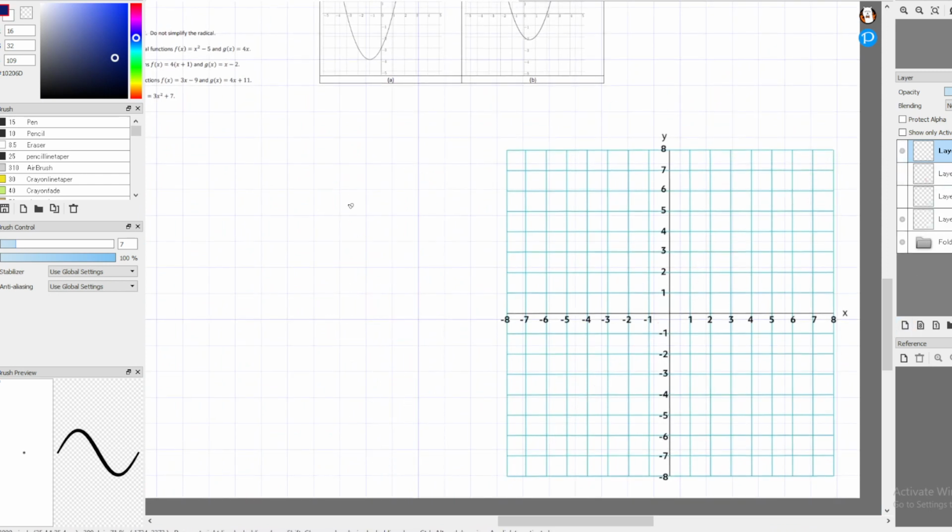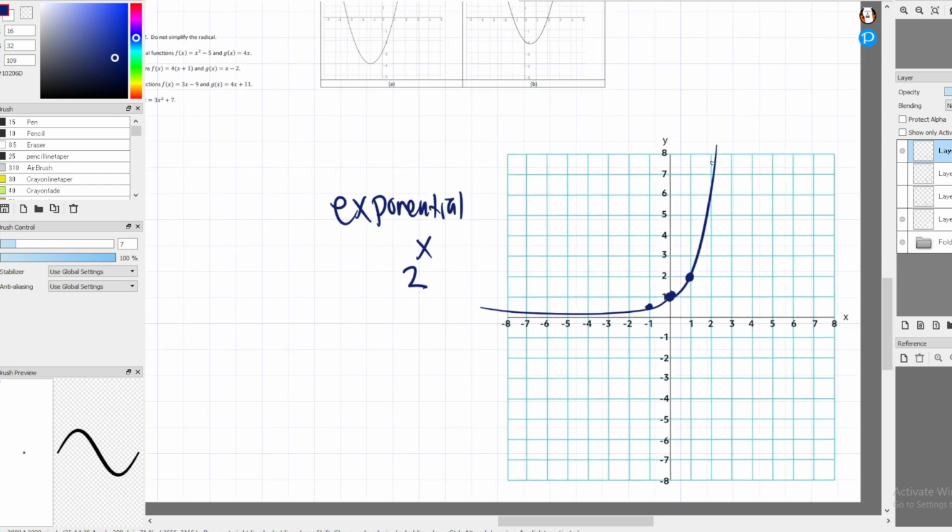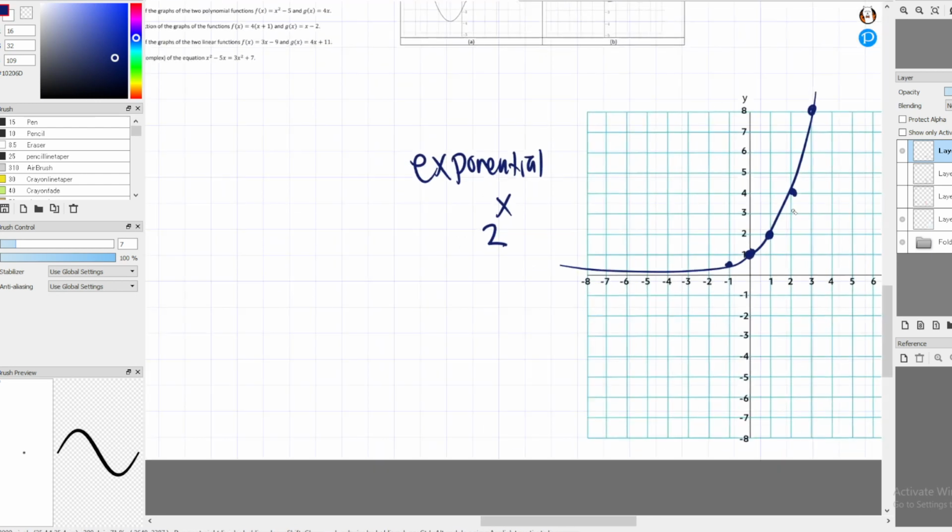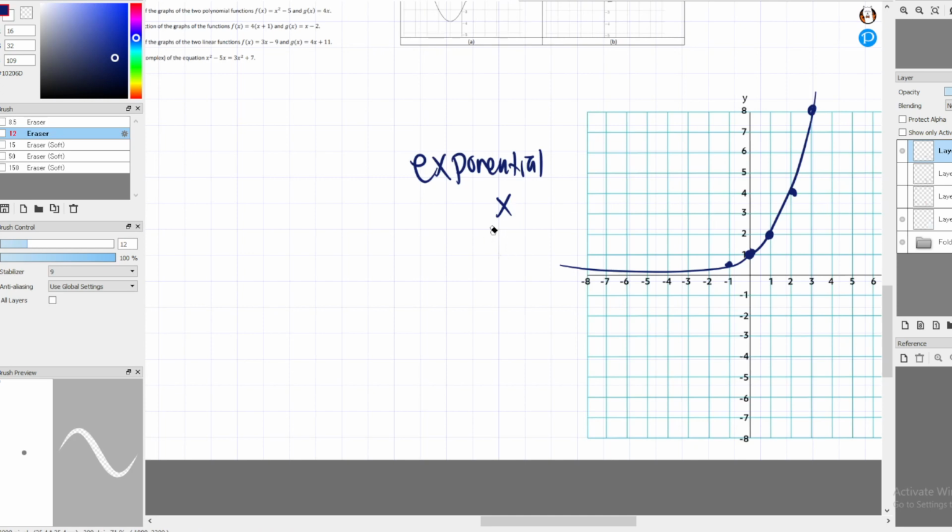The parent graph for an exponential function is going to be, usually we just start with 2 as the base to demonstrate, but it can be any number. We always start at 0, 1, like this. We always get super close to 0, and we go up pretty quick, like this. Hold on. It should be like this. Bloom. Yeah. So the pattern of an exponential, let's just call this B for now,